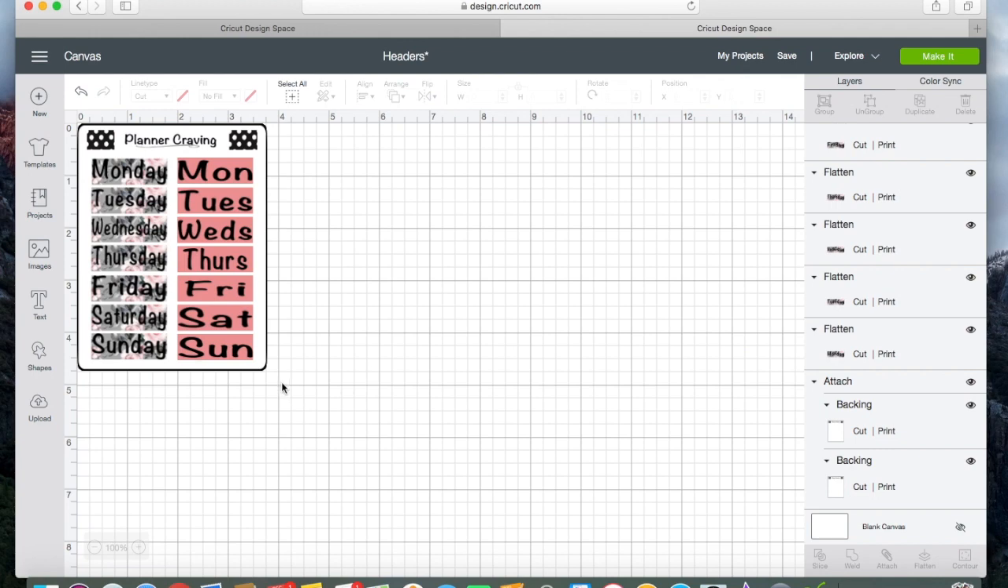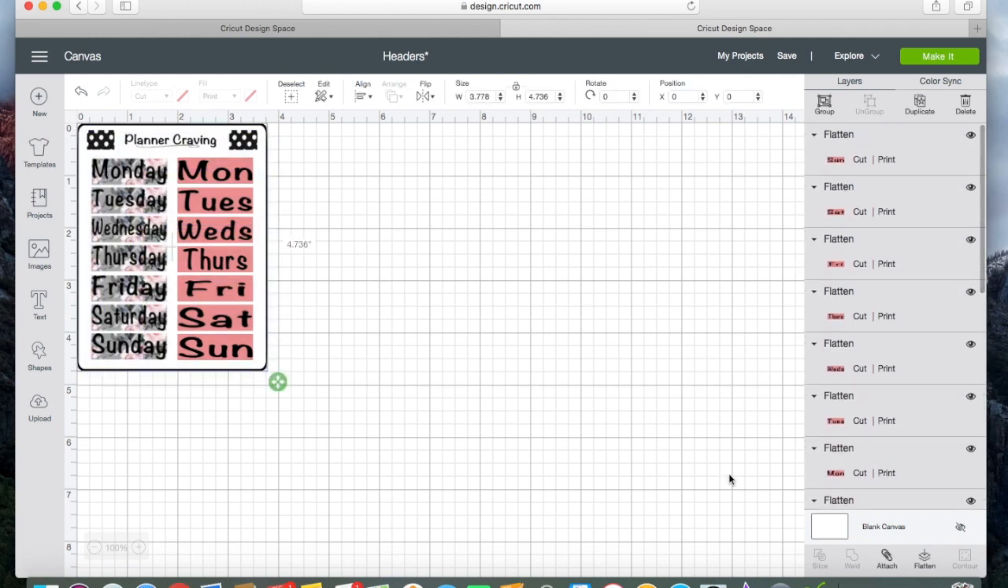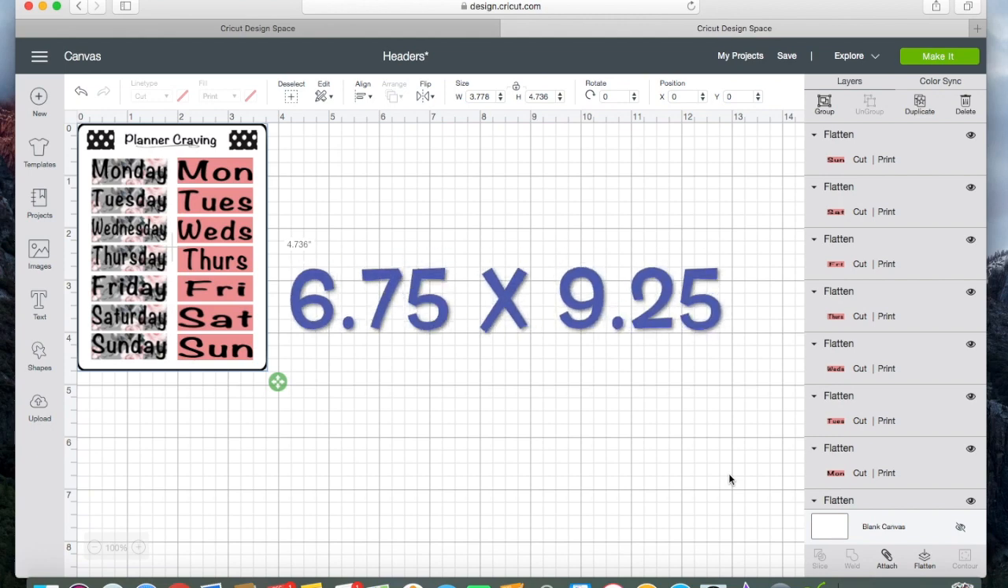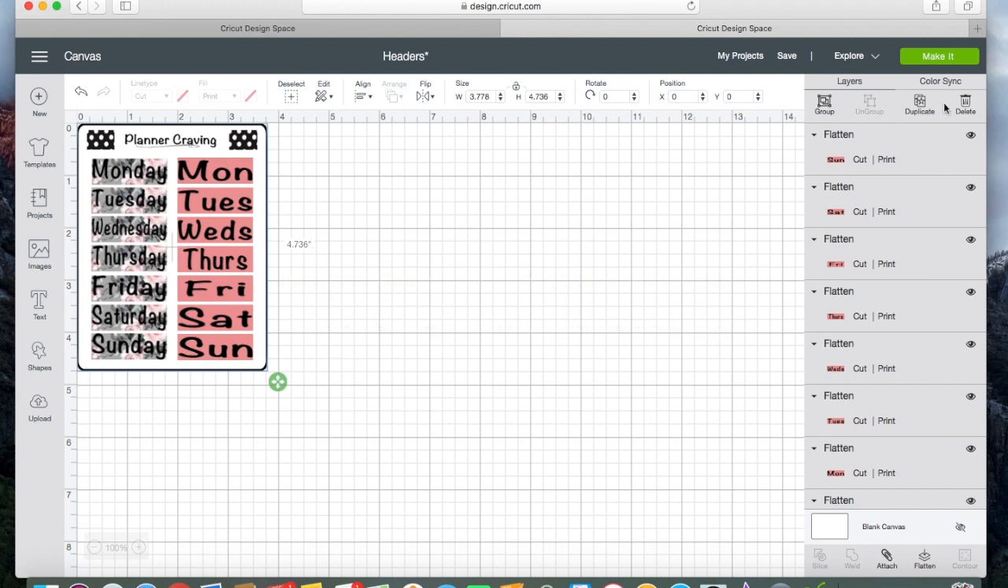Then you want to highlight the whole entire thing. Now, this is something you can do. Now remember, you cannot go over 6.75 width by 9.25 length. So what I usually do is I highlight the whole entire thing, duplicate it,